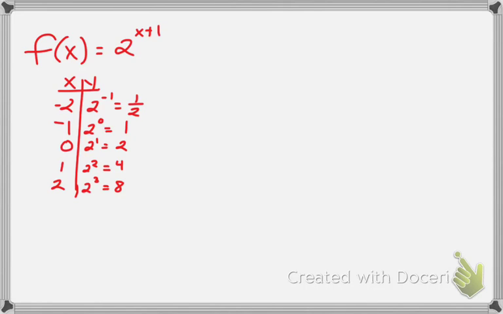So what happened to my y-intercept? Where is my y-intercept now? Before it was at (0, 1), now it's where? At (0, 2). So what happened to my graph? It shifted, right? So if I just plotted it,